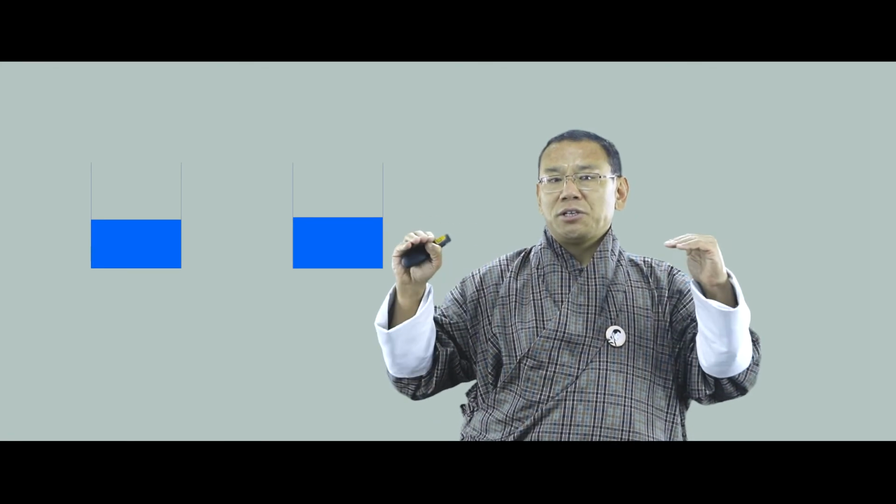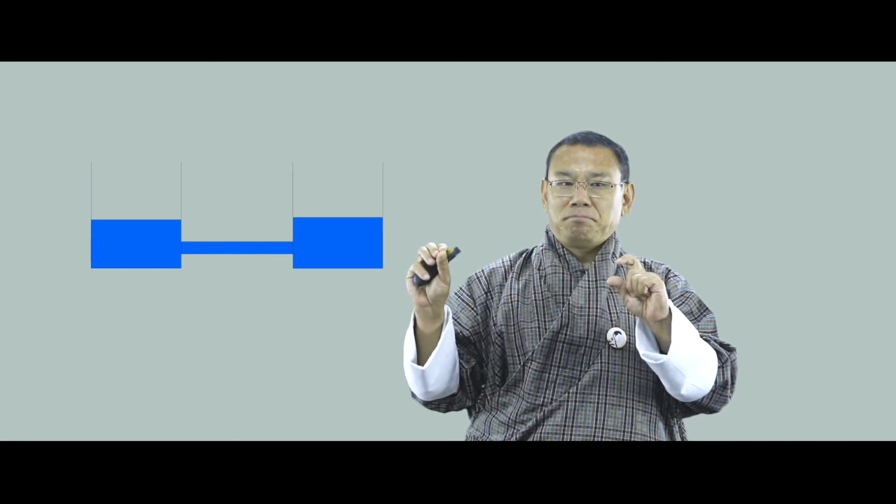Okay, potential difference. When you talk about potential difference, I would like to make an analogy of the flow of water. This is very easy to understand. Before I go into the potential difference, whenever there are two tanks, two water containers, having the same water level, and if you try to connect the two containers by a pipe, the water doesn't flow from one container to another.